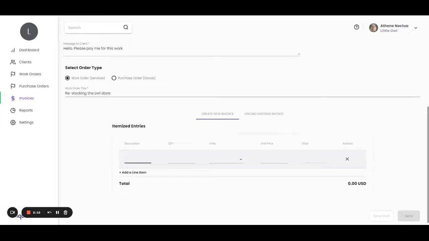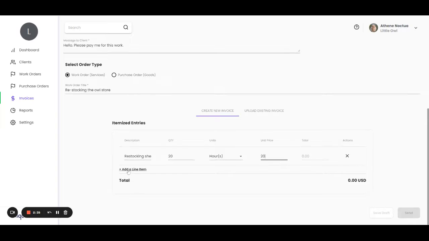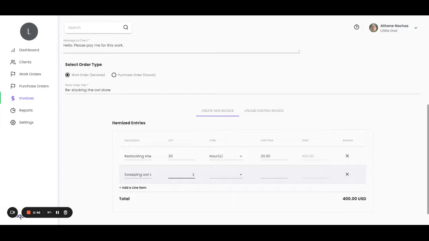So for each item, you want to have a description, a quantity, and then for units, we have the option of hours, days, weeks, 1st and 15th, months, quarters, or a flat rate. So in this case, we'll say we work 20 hours at $20. If we wanted to add a second item, we can say we worked that for 10 hours, and